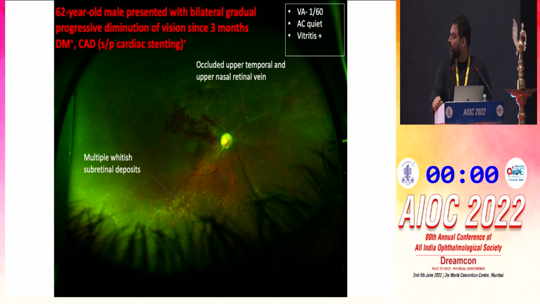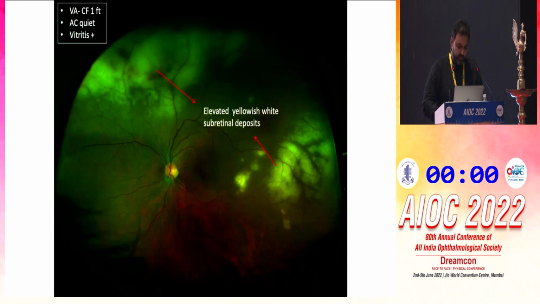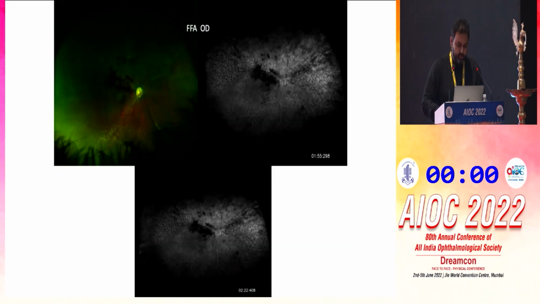And you can see those multiple occluded vessels, some hemorrhages along the upper temporal arcade, and those dull yellow deposits along the superior arcade and inferiorly as well. The left eye had more dramatic yellow subretinal lesions, deposits, whatever you might want to call them. And the fluorescein angiography actually showed you all those lesions and the part of the retina which was involved,